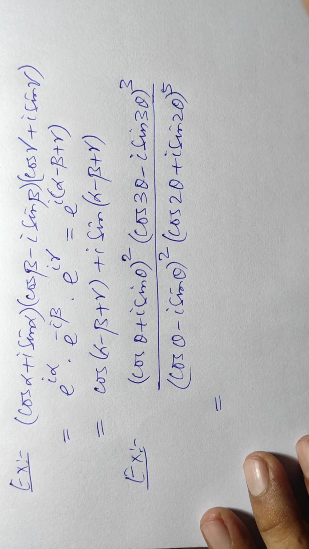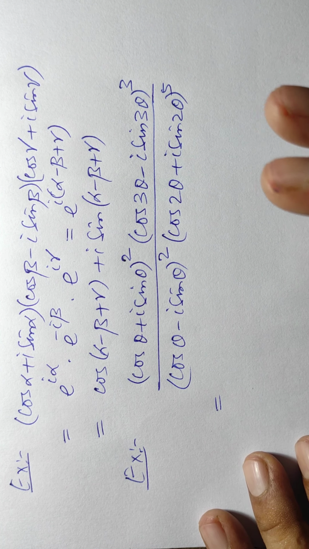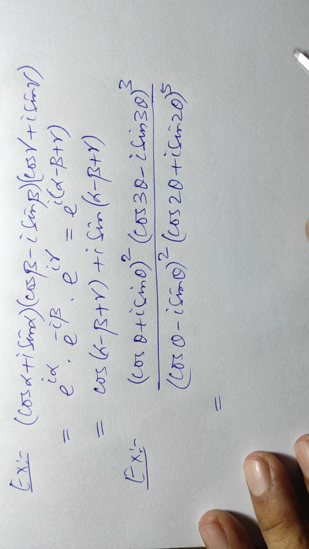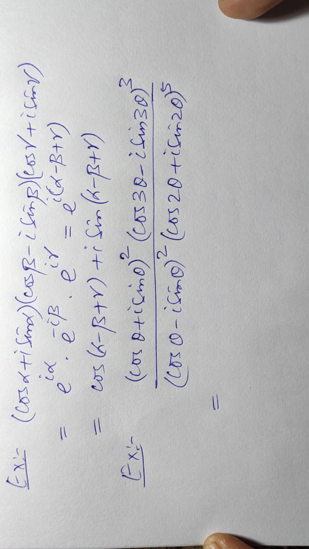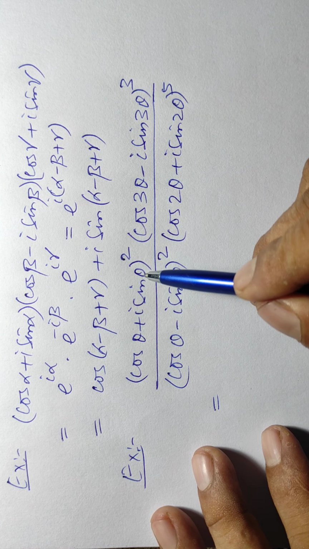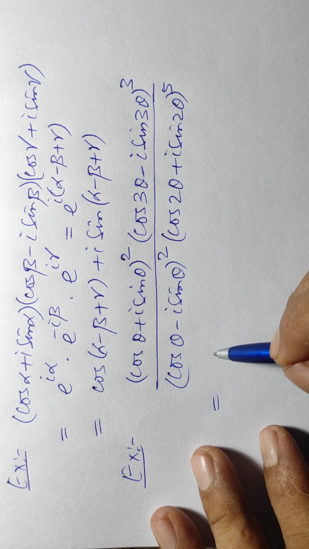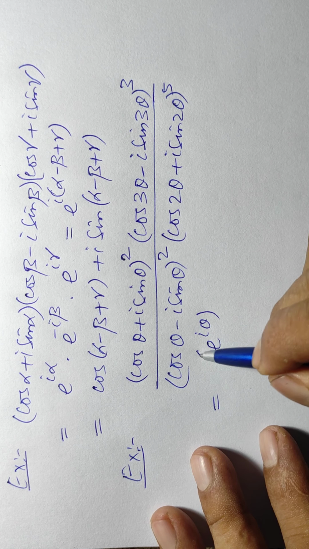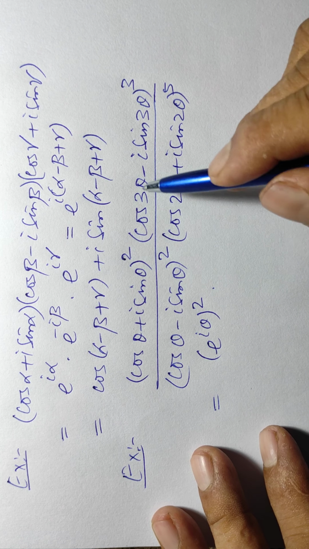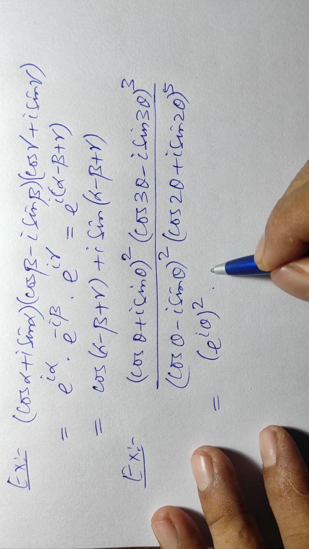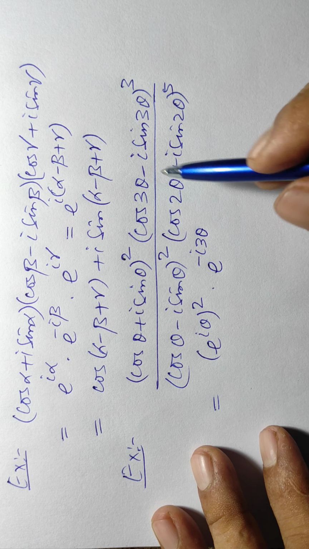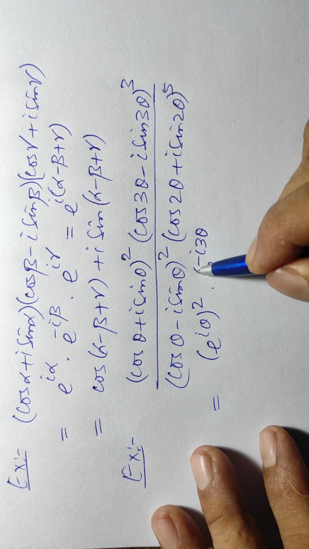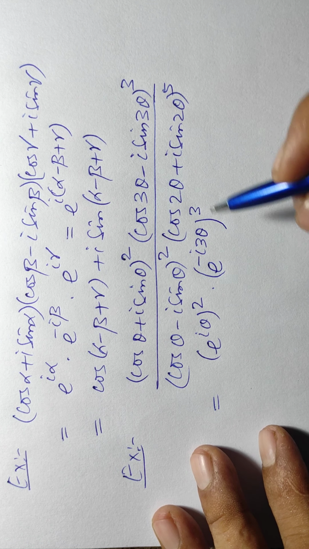And very quickly means, in my opinion, it may take 3 to 4 lines, or it may take 3 lines, but the lines should be very small. That does not mean that you should start here and end here. Complete line. Okay, see here. Cos theta plus i sin theta is e to the power i theta, e to the power i theta to the power 2. This one, cos 3 theta minus i sin 3 theta, is e to the power minus i 3 theta, because the variable is 3 theta and here it is minus, so I am giving minus. And whole cube is there, so put a whole cube.